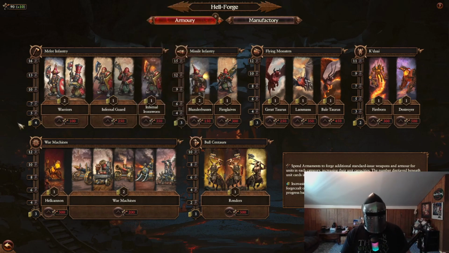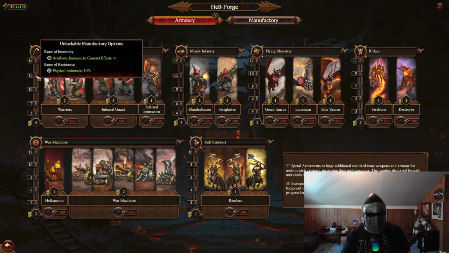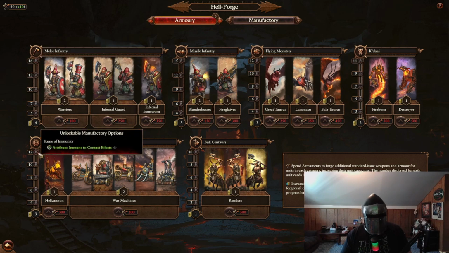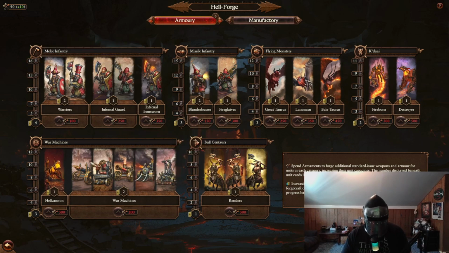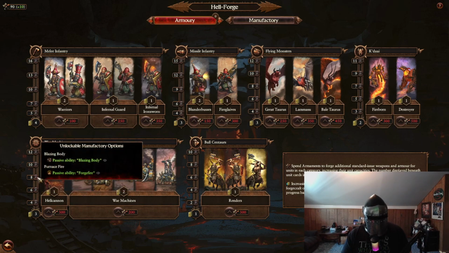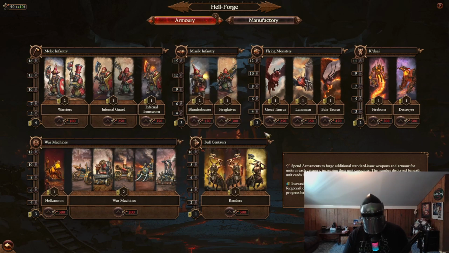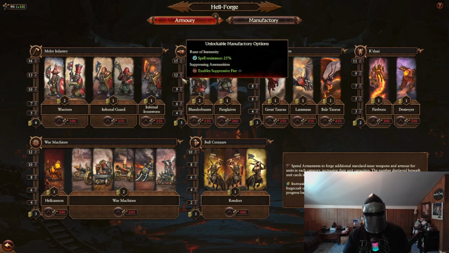the cost, but you can get some insane bonuses like sundering attacks, physical resistance, immune to contact effects, fear. For some reason I don't feel like that's that good of a trait to have, but it's the last one. The war machines have it insanely good too, because they get barrier, they get extra powder, which is a really good one, forge fire, which reduces enemy armor, extra reload, contact effects again, and they just have so many good ones like suppressing fire,